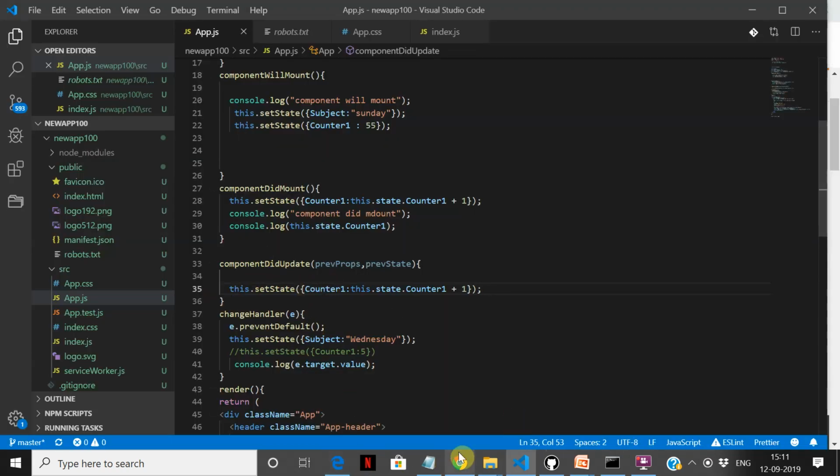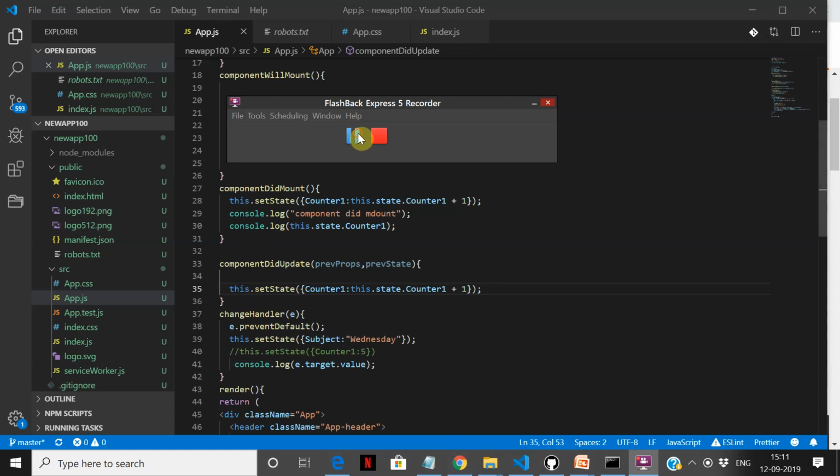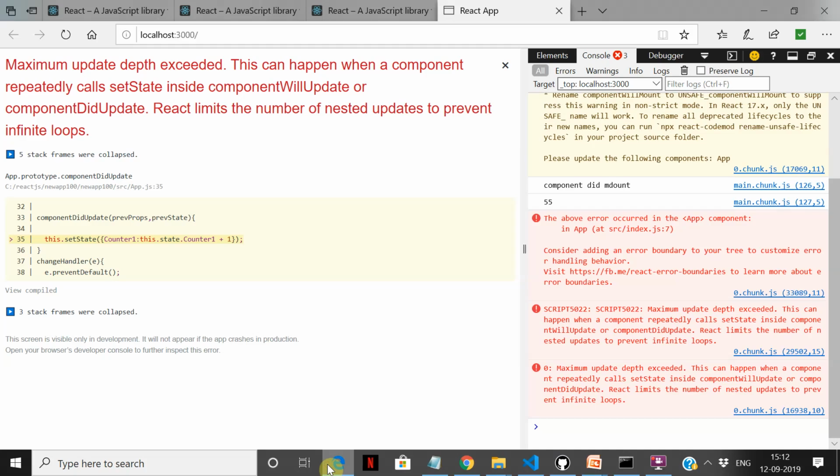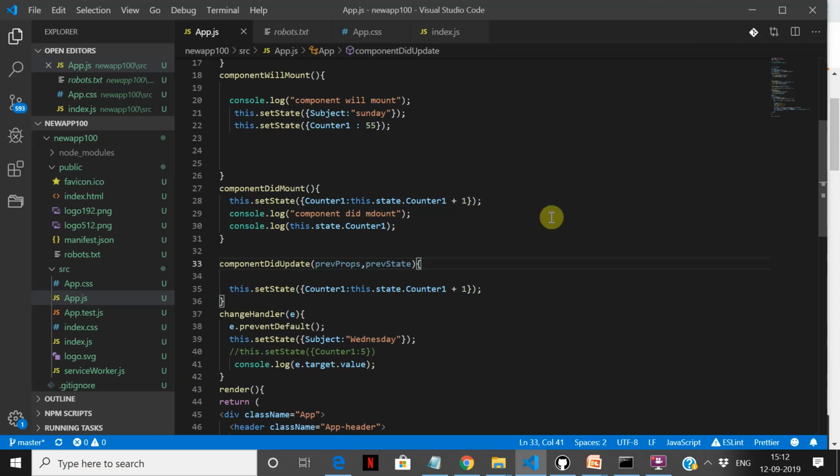So I said component did update. And now what I'll do, when does the component update? Here we are getting an error which says maximum depth exceeded. This can happen when a component repeatedly calls set state inside. So let's understand what's happening.